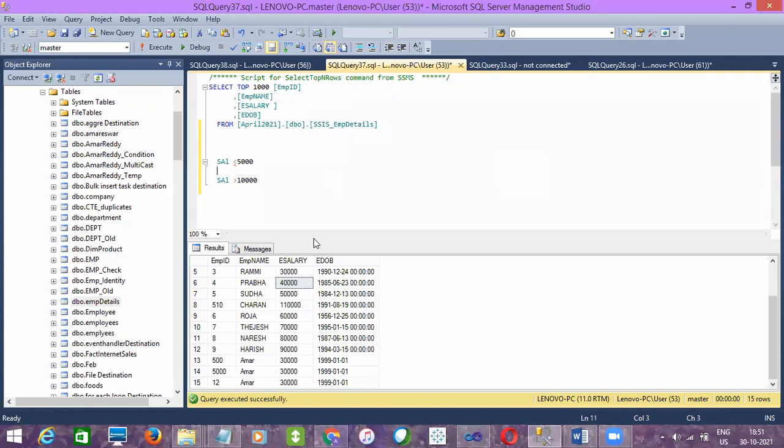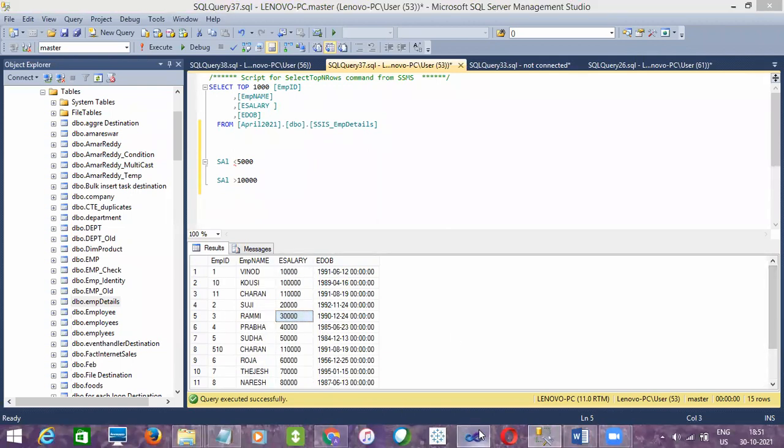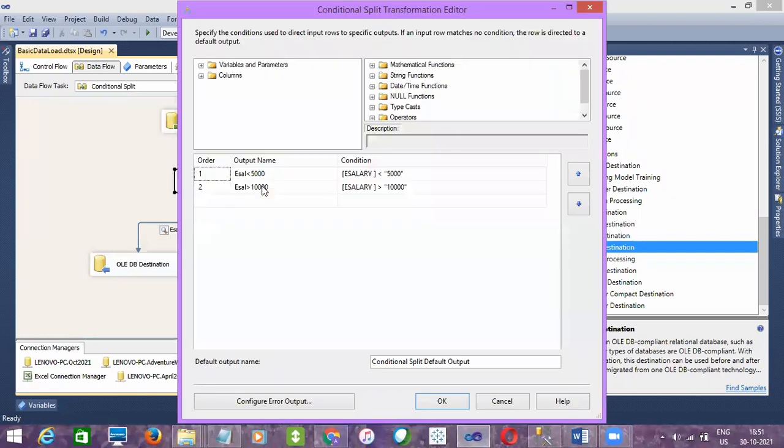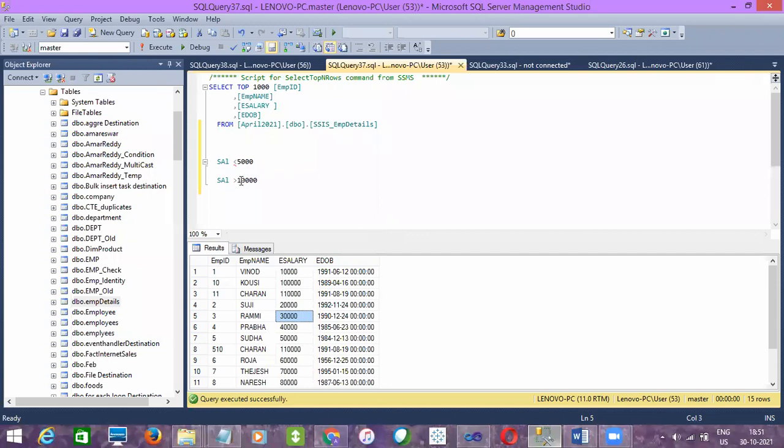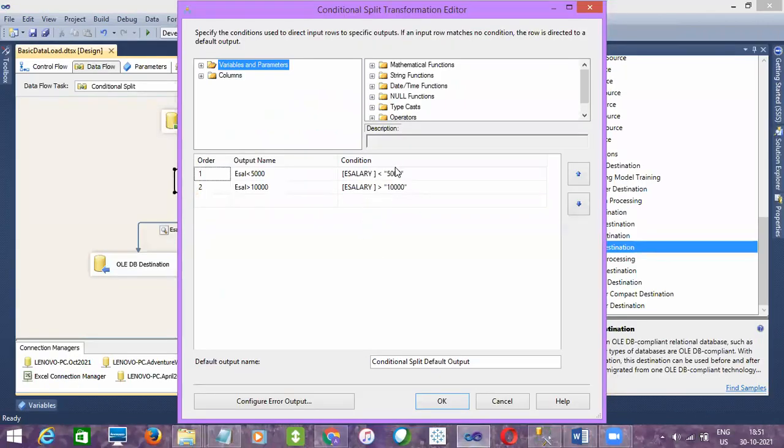So here almost all salaries are greater than 5,000 only, right? Okay, so let me give conditions here. 10,000 minimum and 1 lakh, 1 lakh 10,000, 20,000. Okay, let me give less than or equals to 20,000.